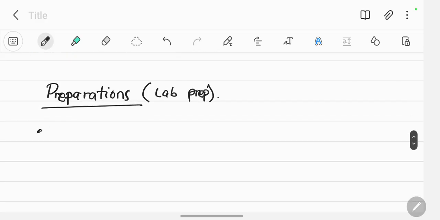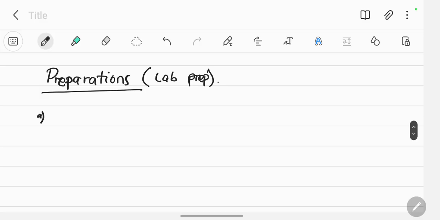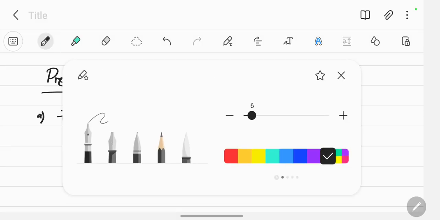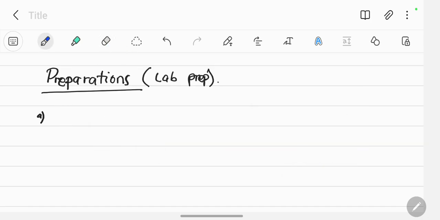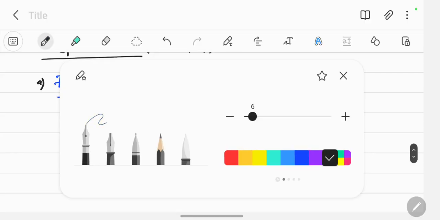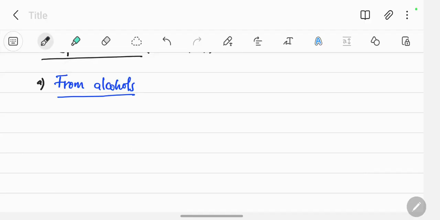The first one is going to be preparation from acid catalyzed hydrolysis of alcohols. So I'm going to label it. This is, let me see, from alcohols. So preparation from alcohols is going to have